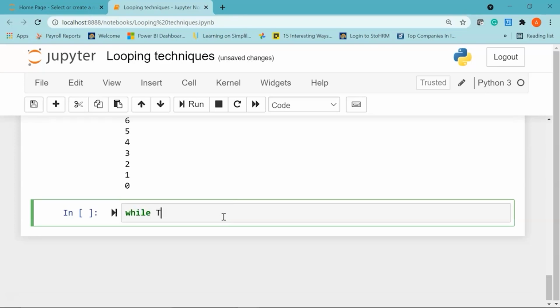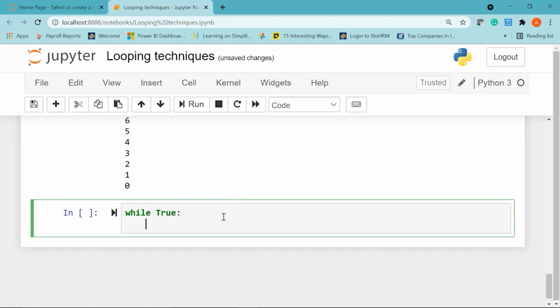So I'll say while true, I'll create a variable called num. Now this num would be a user input, a user integer input actually.